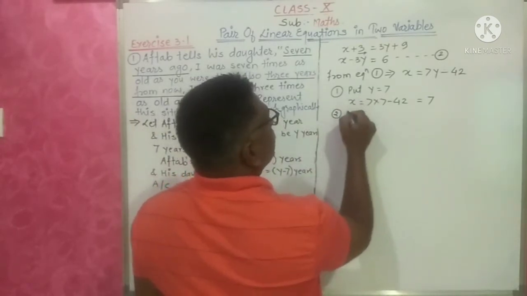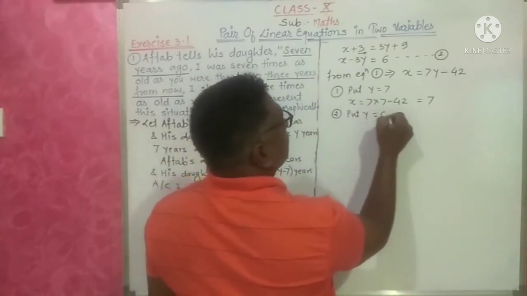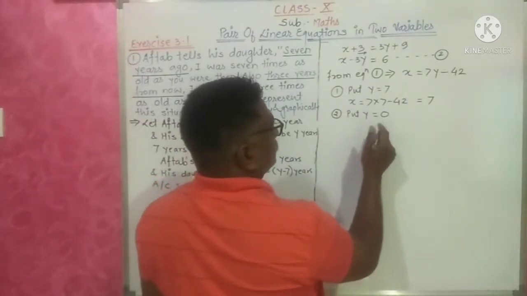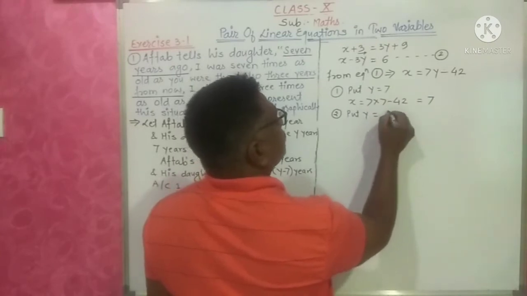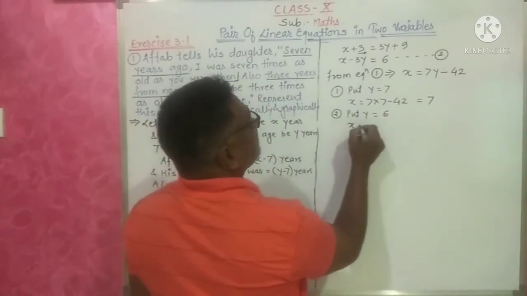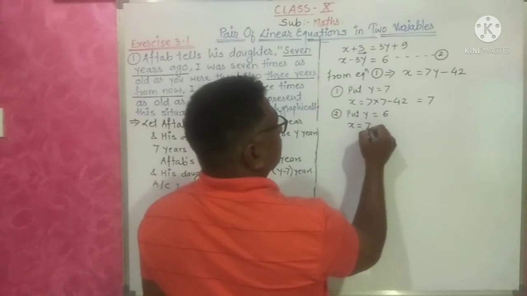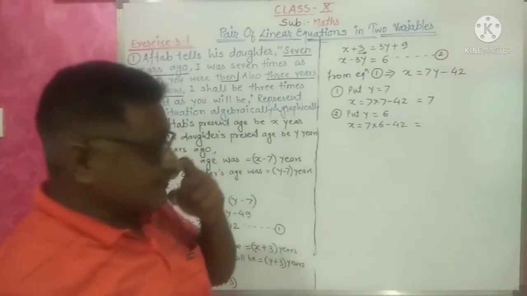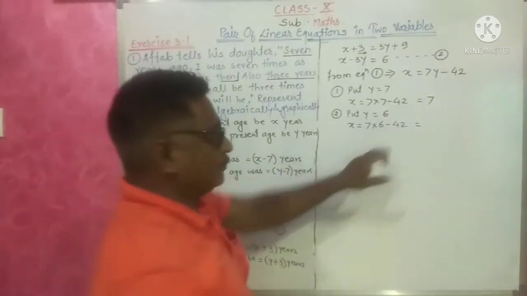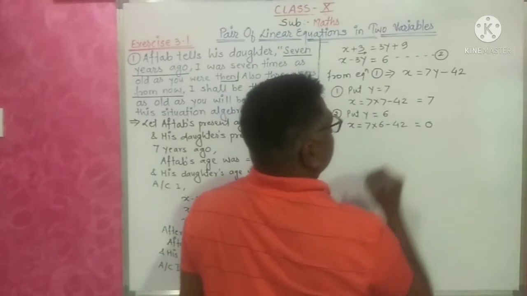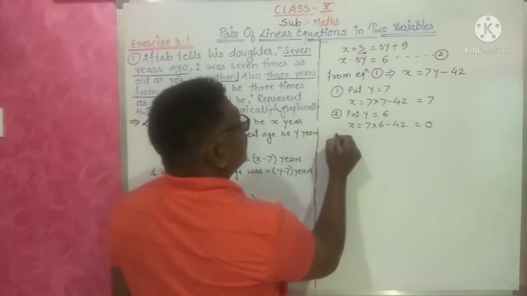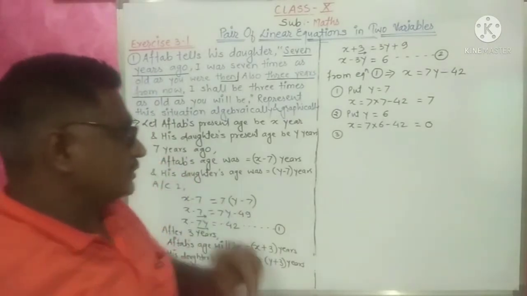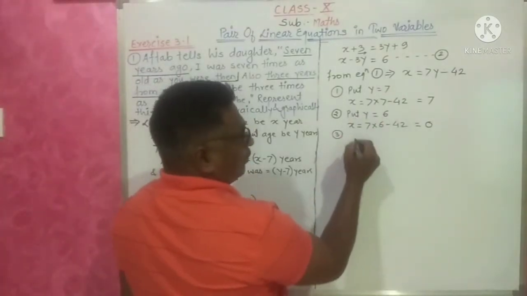Second, put y equals to 6. So x equals to 7 into 6 minus 42. 7 6s are 42 minus 42. What will we get? 0. Third solution. How many solutions have to be found? At least 3 solutions. So now put